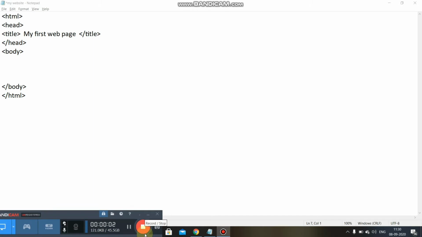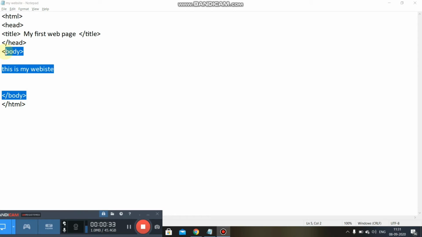Now the second is the size attribute. What does the size attribute do? We can use the size attribute along with the font tag to adjust the size of the text in our web page. It can change the size of the font. How? Just see. This is my website. This is written under the body. Now it will be shown on the website, on the final web page.